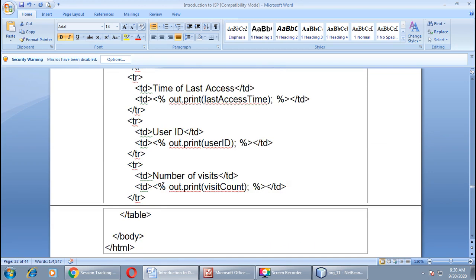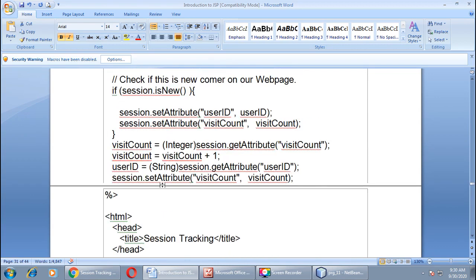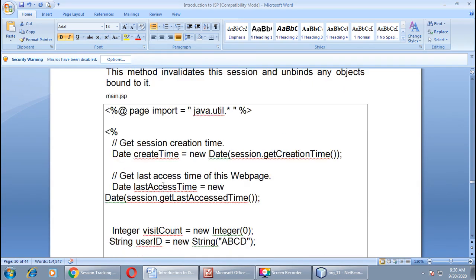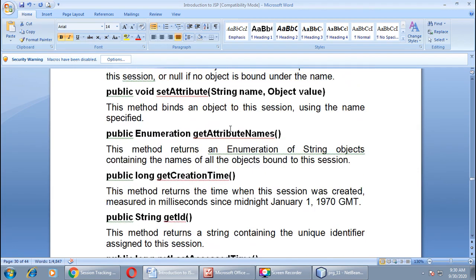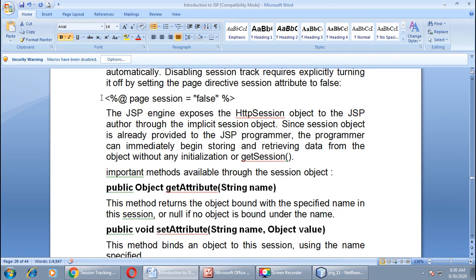Whatever you are creating over here, by default it will create itself in a JSP page. When the JSP page begins, it creates a session by default, until you delete it yourself through this. But if you set the session value to false, it will not create a session for your page.